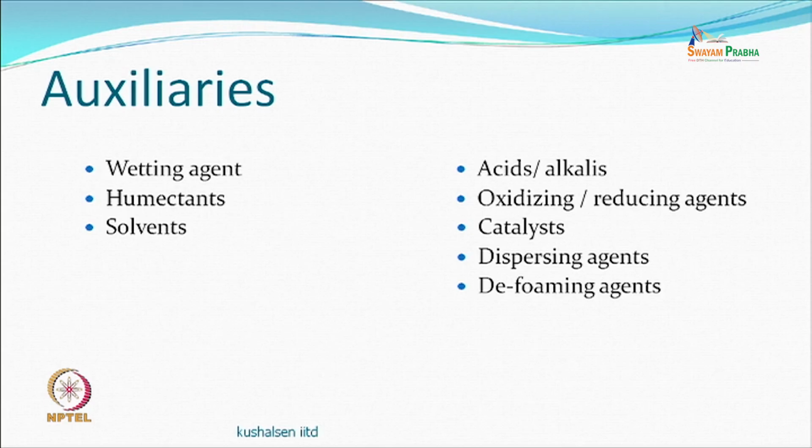If it is a vat dye, you may have oxidizing agents or reducing agents as auxiliaries. If you are looking at oxidation colors, you may have some amount of catalysts to be used, and dispersing agents would be required if we are using, let us say, a disperse dye,